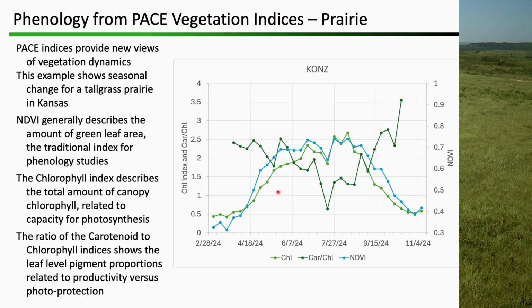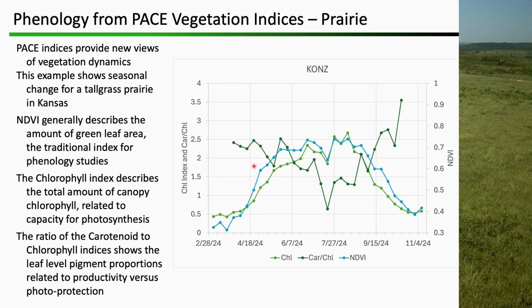The third thing we can see on this plot is this dark green line, which is the ratio of the carotenoid index to the chlorophyll index. Now, these indices, like the carotenoid index, are related to the overall canopy carotenoid content, which is the content per leaf times the leaf area. By taking the ratio of these indices, what we're doing is mostly canceling out the leaf area effect and highlighting the